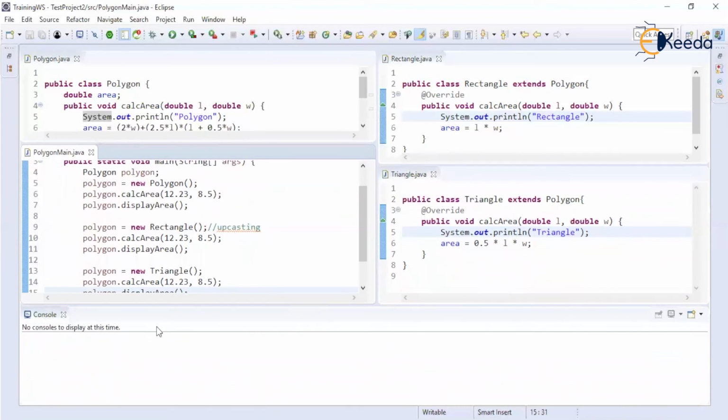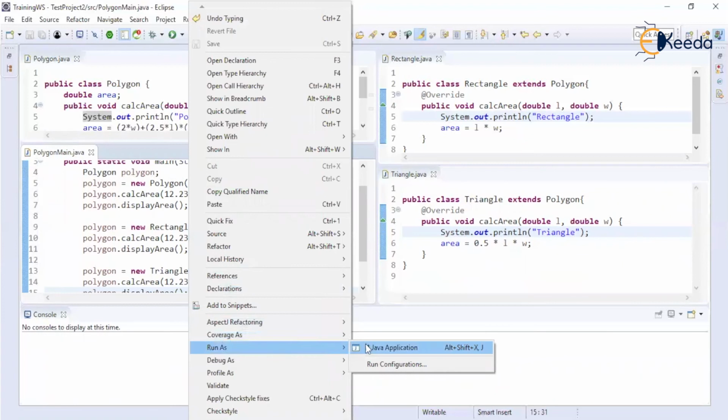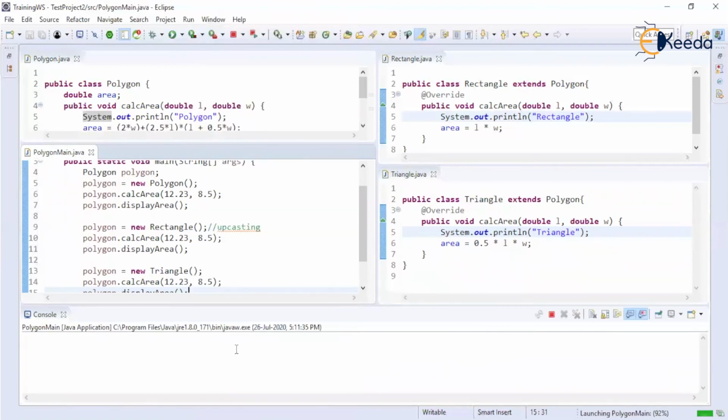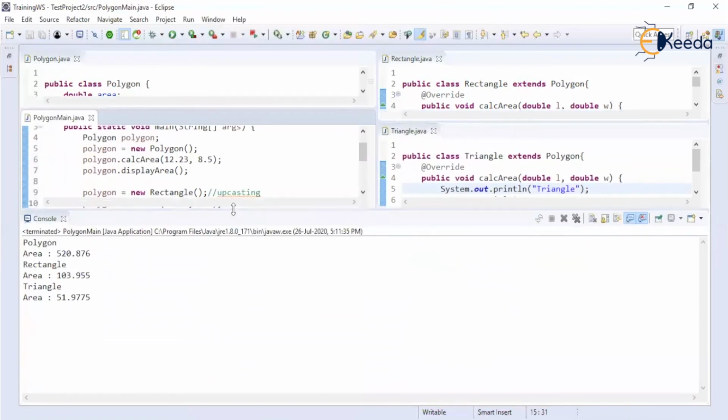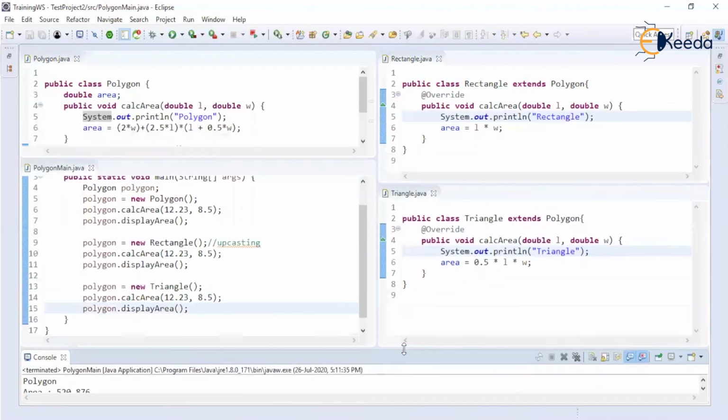So now let's execute this particular code. And you can see that first polygon is printed, the area of polygon is calculated, rectangle is printed, meaning calc area of rectangle is called and the area is calculated. Triangle is printed, meaning calc area of triangle is called and the area is printed.